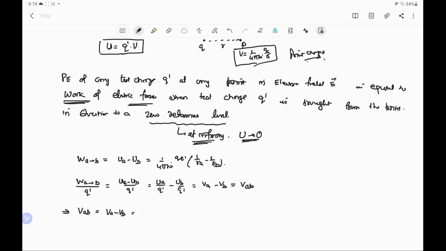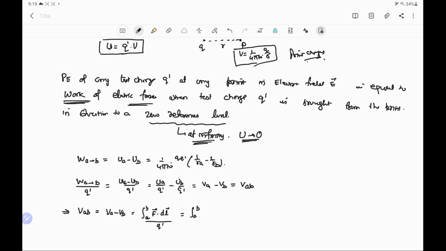It is equal to the integral from A to B of F dot dl. Suppose dl is the displacement done by the electric force F, then the elementary work will be F dot dl, and it is the integration from A to B, initial position to final position, divided by Q dash. So it will give the work per unit charge, and it will equal the integral from A to B.